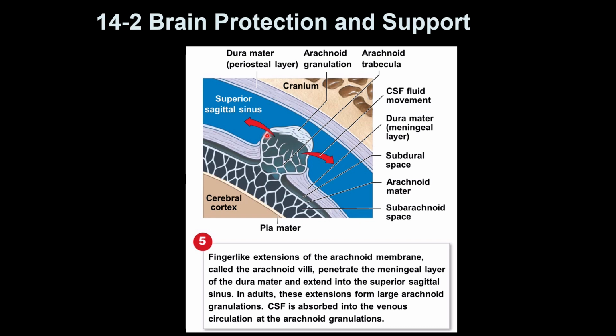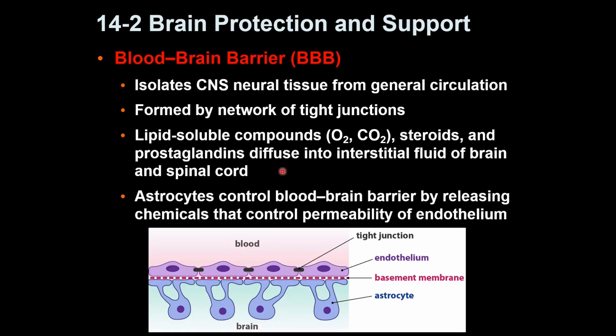Blood-brain barrier. So this is one of the biochemical protections for the brain. You can look at this image, and this is the blood. Okay, so this is the blood vessel, and this is the simple squamous epithelium that has a tight junction, so it prevents movement of chemicals from the blood to the brain tissue, and it allows some lipid soluble chemicals like oxygen, carbon dioxide, steroids, and prostaglandin, which is a type of the